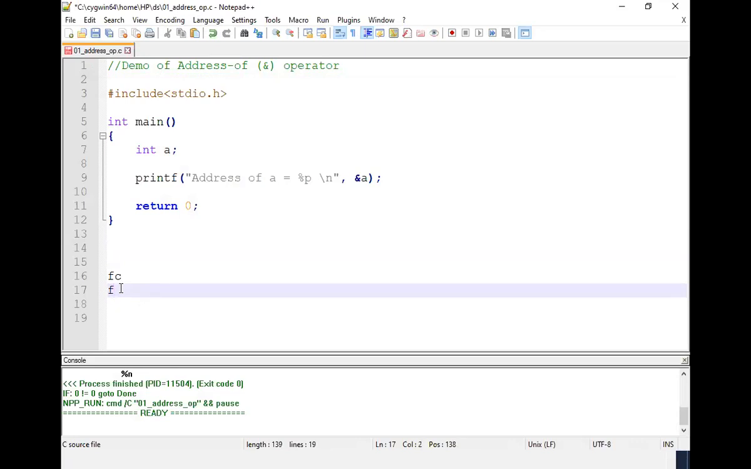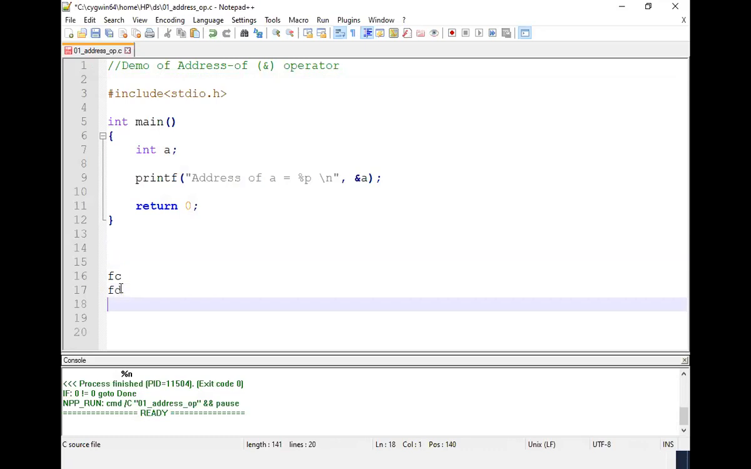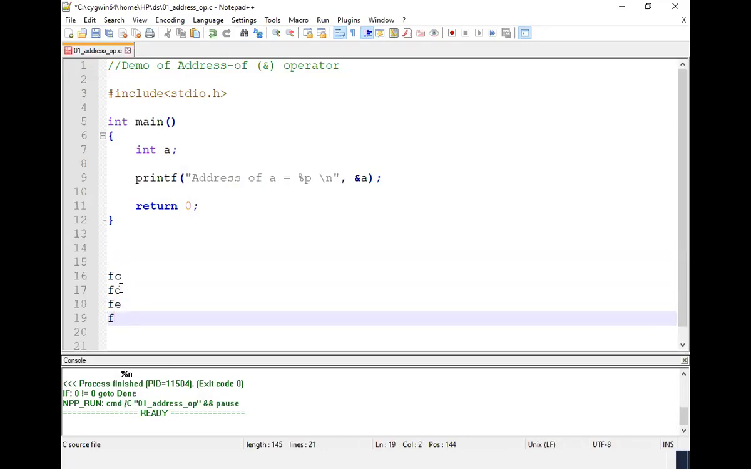FD, very good. Next, FE, and then FF. Now, what will come before FC? FB will come. Before that, FA will come. Now, before FA,